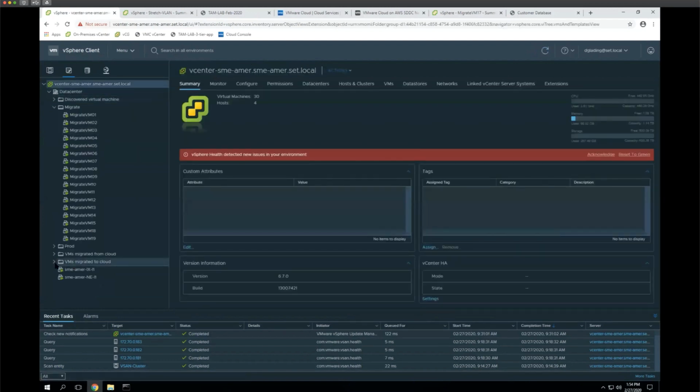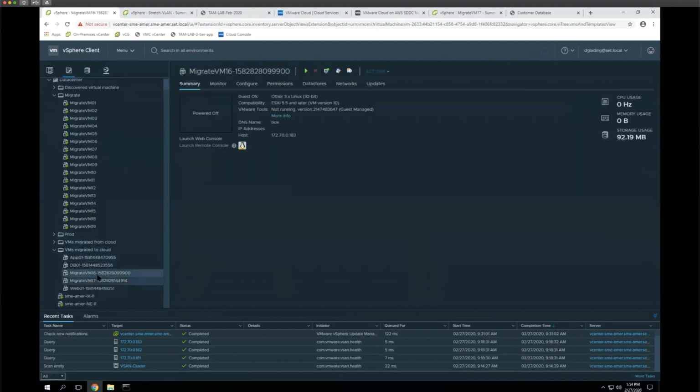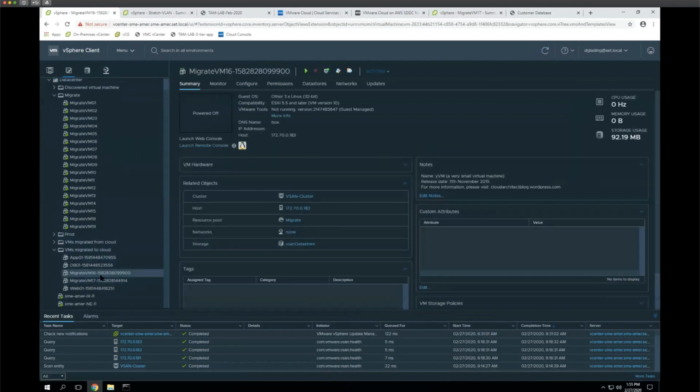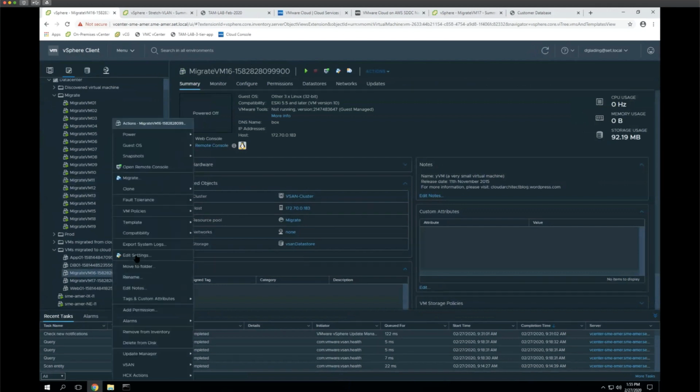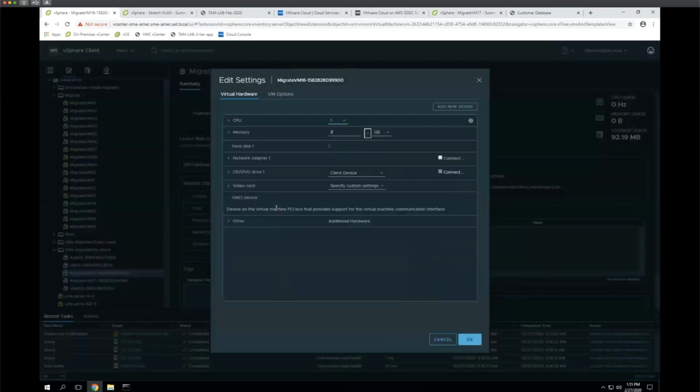I've got this folder here, VMs migrated to cloud. Here were the original source VMs. When the bulk migration finished, they were shut down. It's appended with this kind of number on the end. And if I edit this, you'll see there's no network connected to it right now. But what I could do,